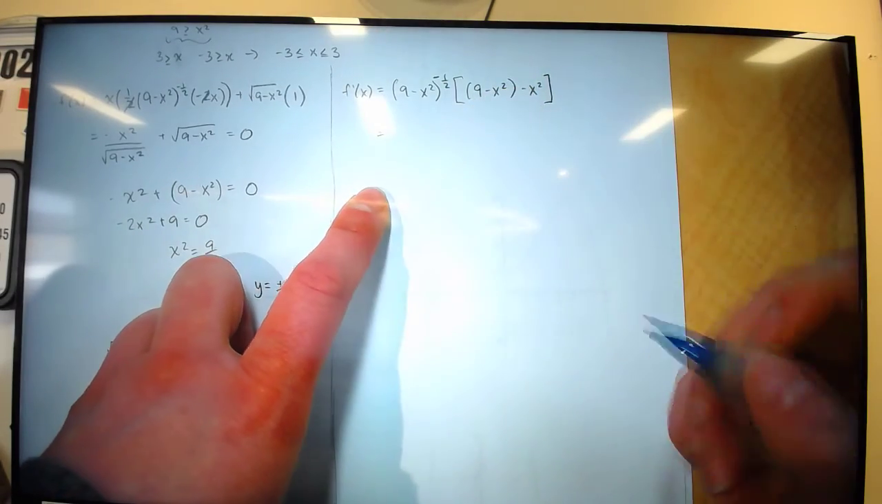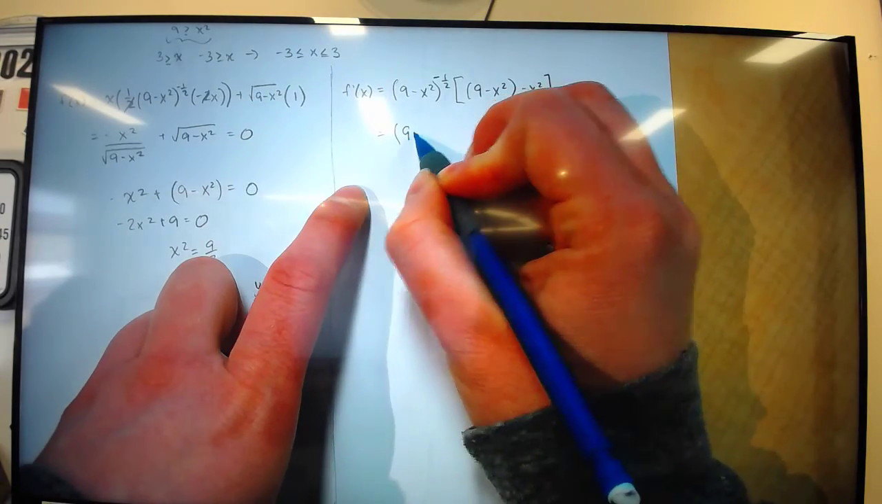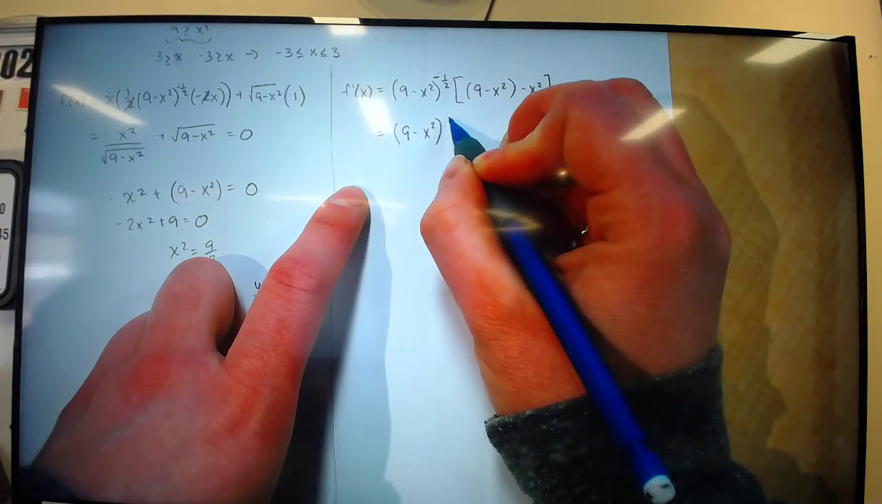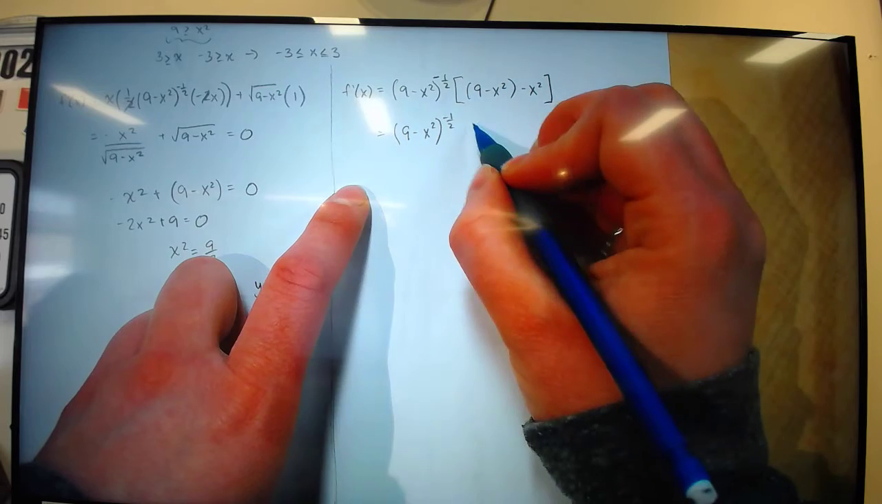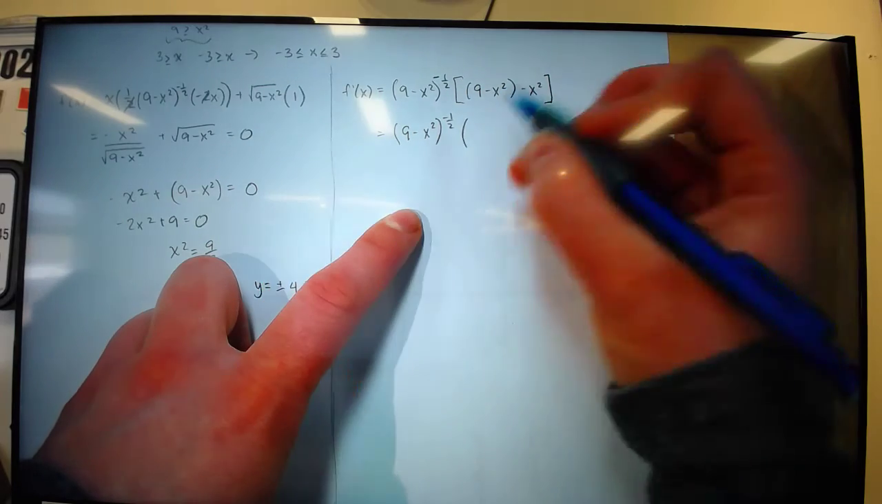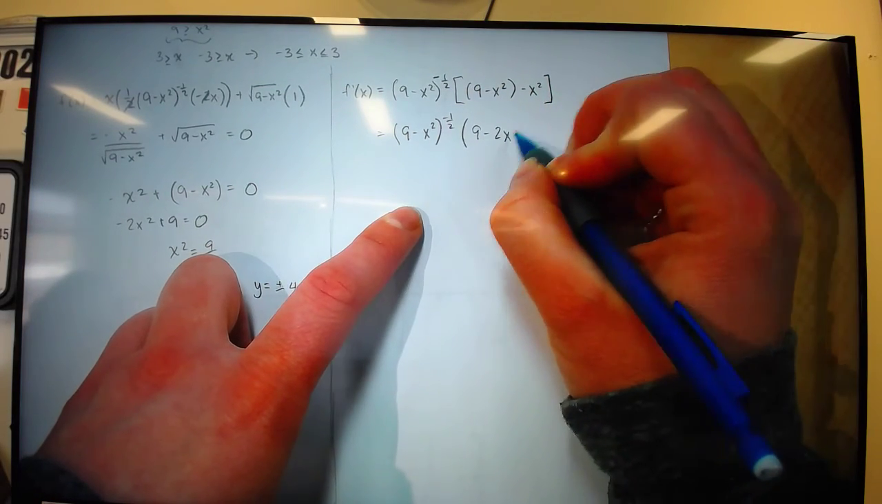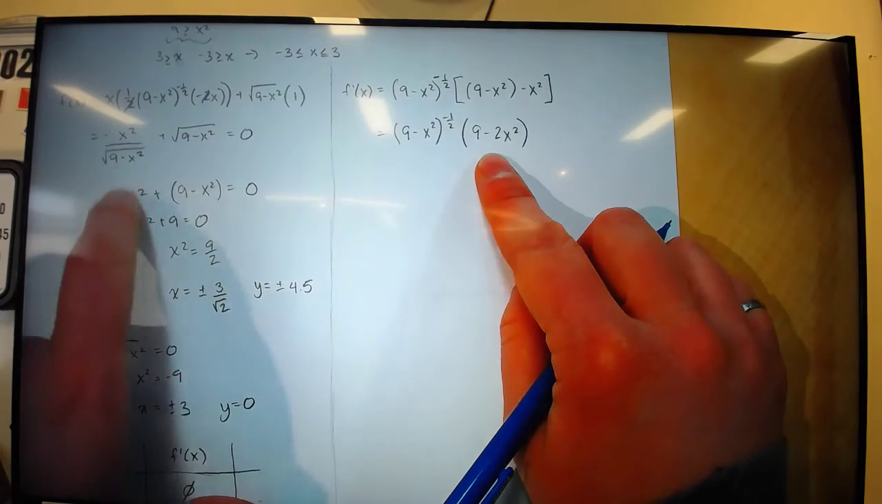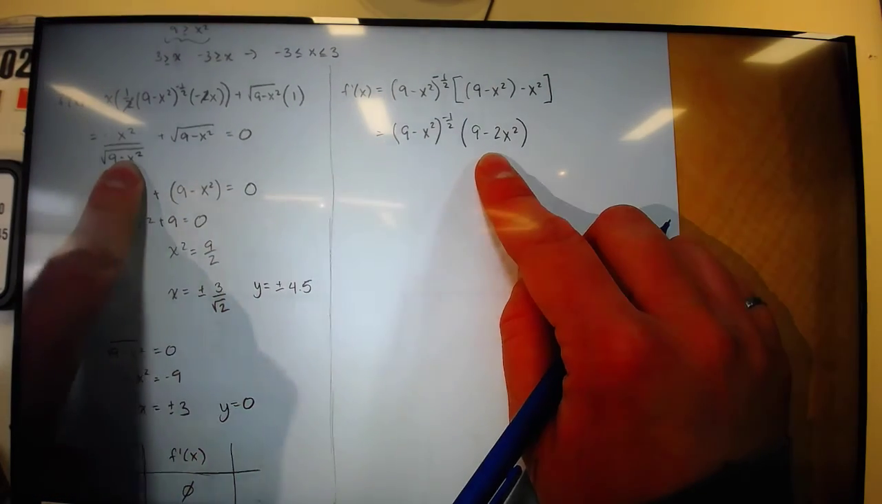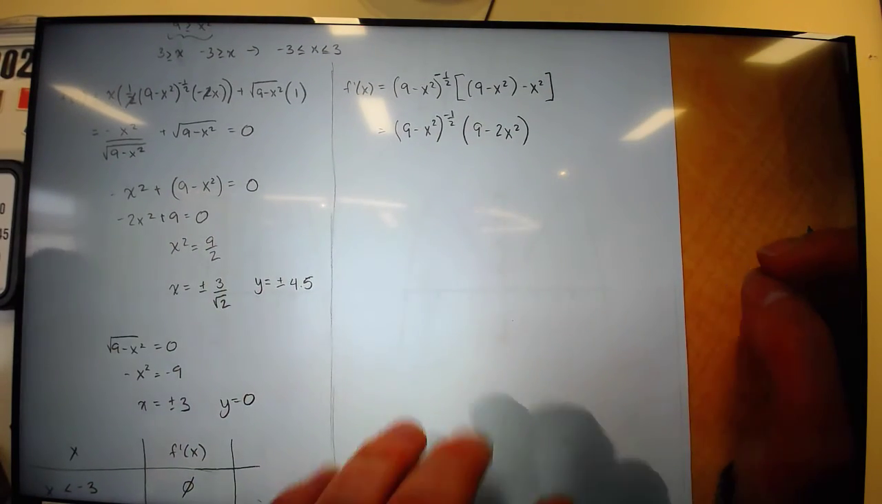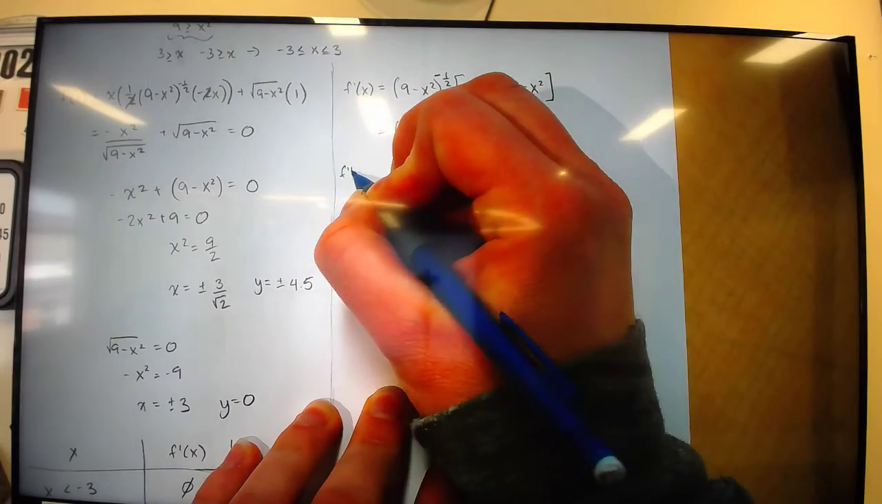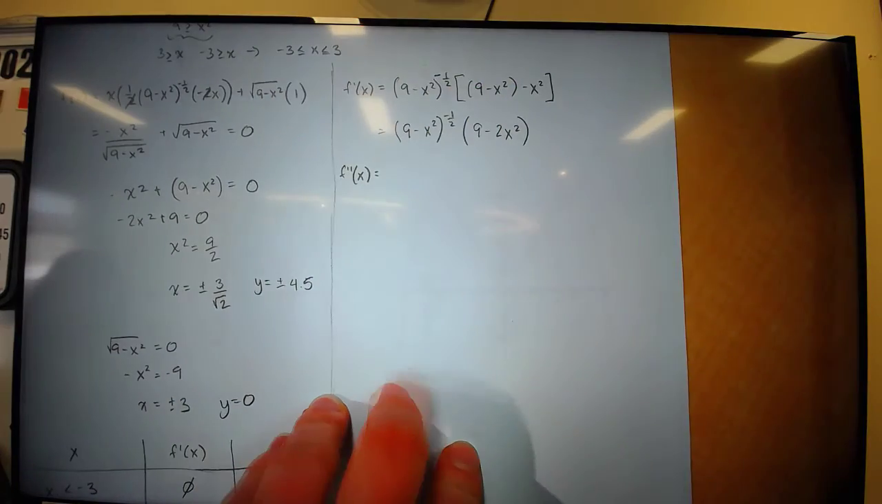So then this one, again, is 9 minus x squared all to the negative 1/2, and then we can combine this guy to 9 minus 2x squared. So this is going to be easier to differentiate than that was, right? So now we've just got a product rule again. So f double prime at x is equal to,